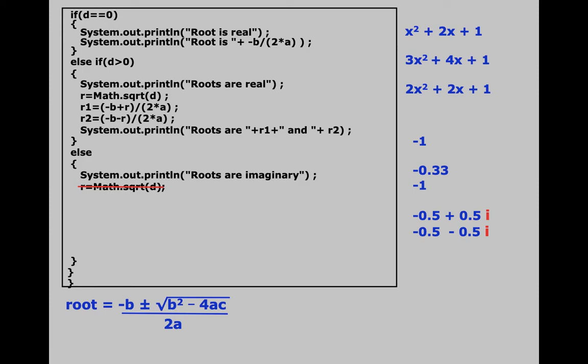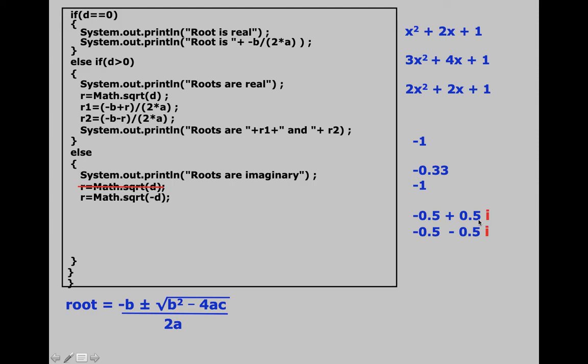Pay attention to this. So now what I'll do, instead of writing this statement, I will write this statement. Okay. So what I will do is I'll find the square root of minus d. So tell me what will be the value of r now. Now r will be equal to 2. Okay. So this part, look, this part, mathematically it should be 2i. But as per Java, this part has become equal to 2. Okay. All right. But remember, mathematically it is 2i.